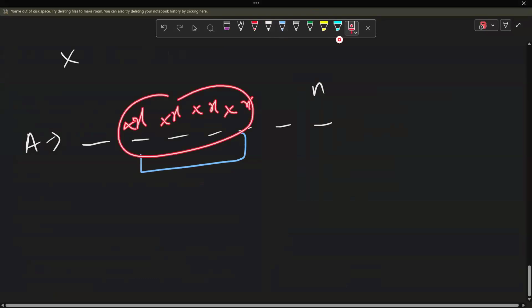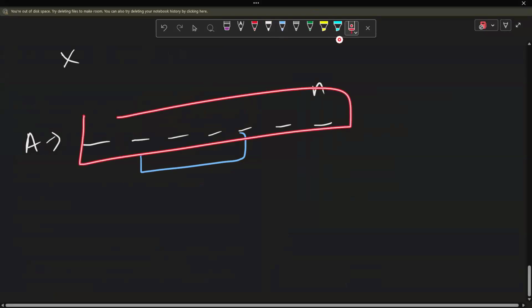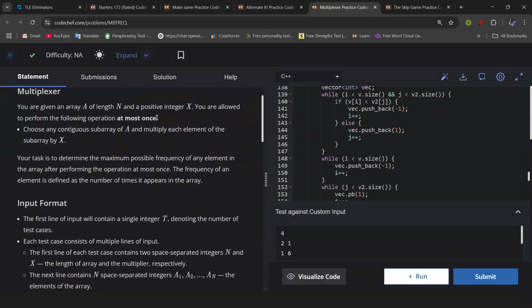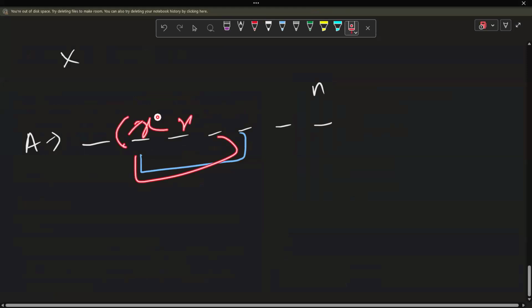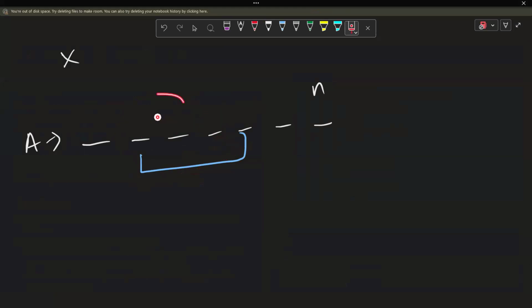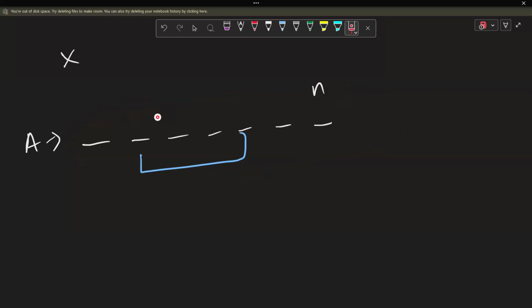Okay, so all these elements would be multiplied by x. After that, you can perform this operation only once. So just select any subarray and multiply all elements by x. Once you are done with that operation, check in the final array what is the maximum frequency of